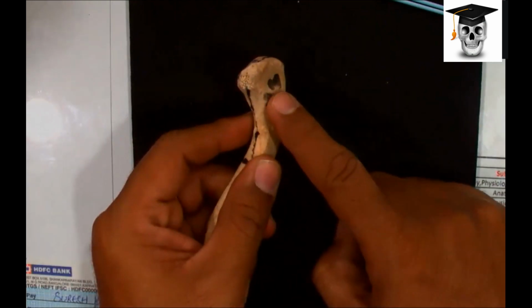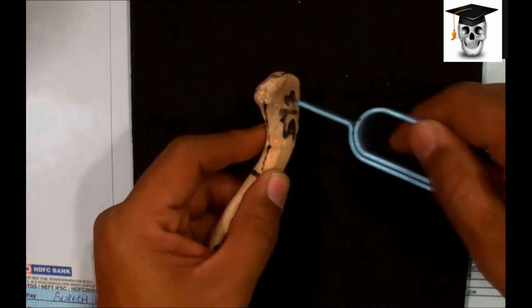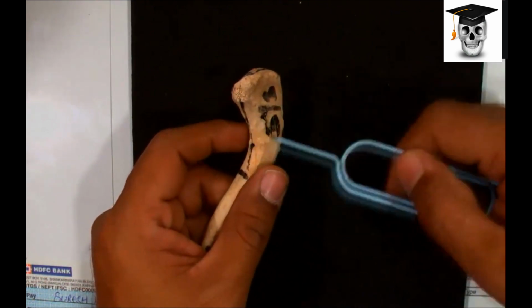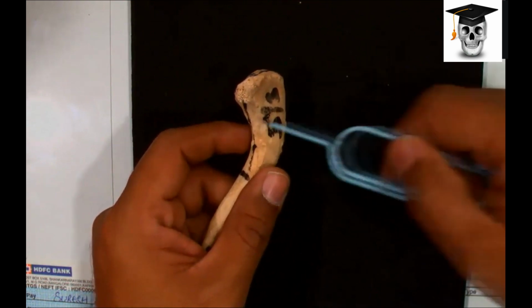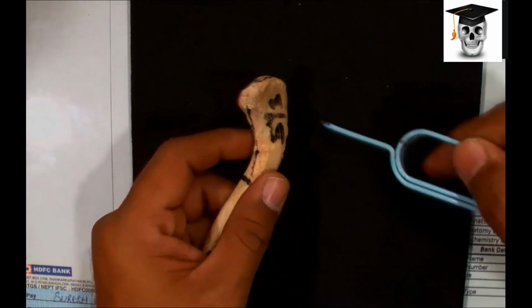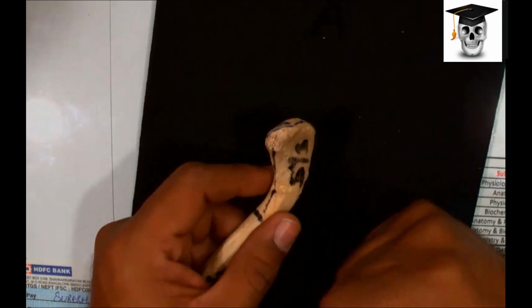Osteology, when I was your age, what I was doing to learn the osteology: I made a hole in the lateral end of the clavicle here, a hole I made like this totally, and I passed a thread through this. In our days, a toothbrush used to come with a hole at the bottom of it, and we used to attach a tongue cleaner there with a thread. So I made a hole here, passed a thread, and I removed the tongue cleaner and attached the clavicle to my toothbrush. So that the clavicle will always hang down.